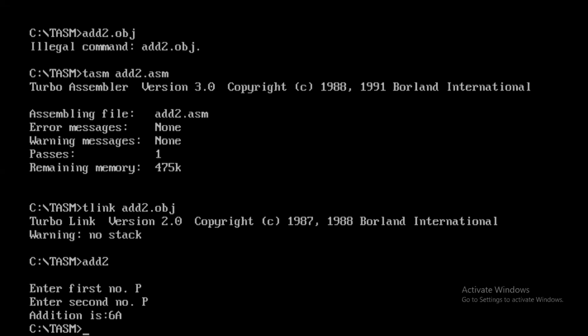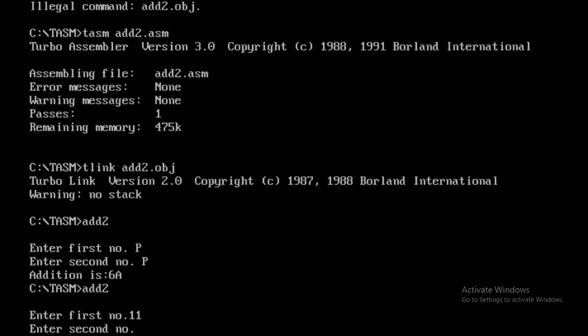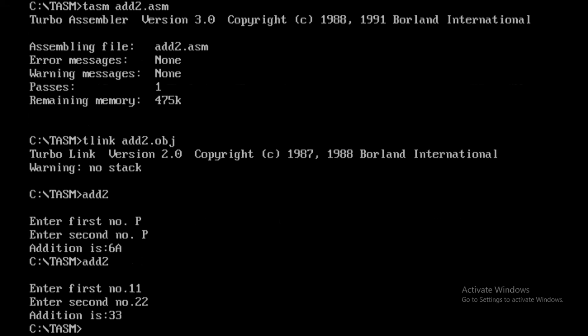If you again want the same concept like add 2, you can take numbers. Tell me any number. 11, 22. So this is 33. Is it okay? If I take an alphabet, it also takes its addition.